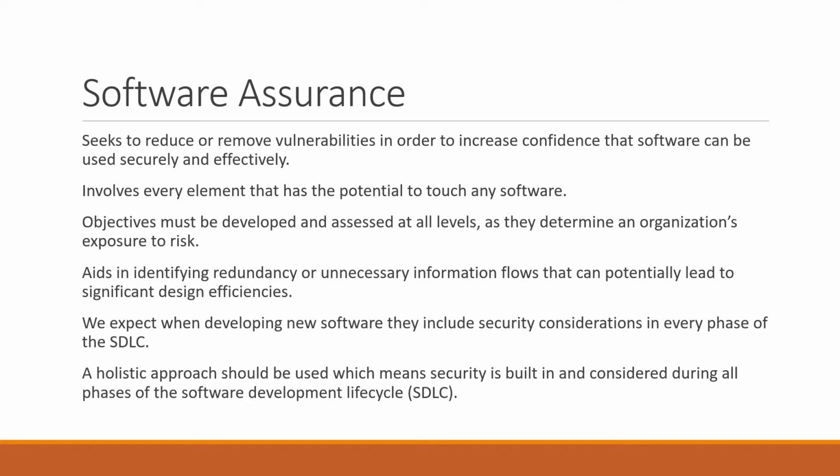Software assurance seeks to reduce or remove vulnerabilities in order to increase confidence that software is able to be used securely and effectively. Software assurance involves every element that has the potential to touch any software. The objectives of software assurance must be developed and assessed at every level, as this determines an organization's exposure to risks. Software assurance also aids organizations in identifying redundancy or unnecessary information flows that can potentially lead to significant design